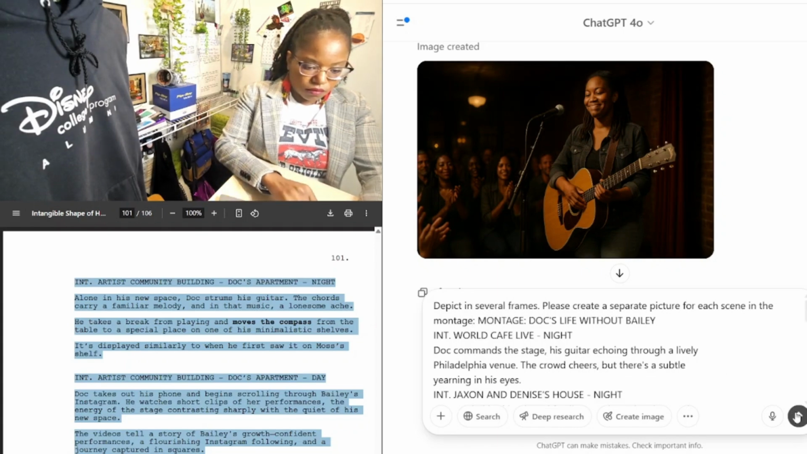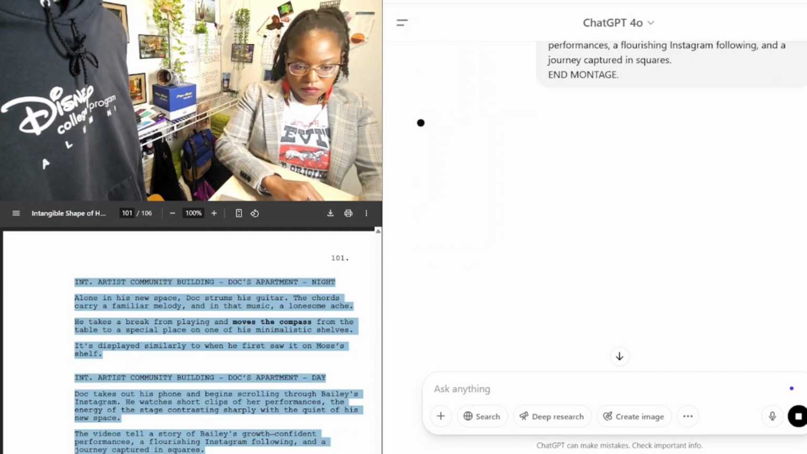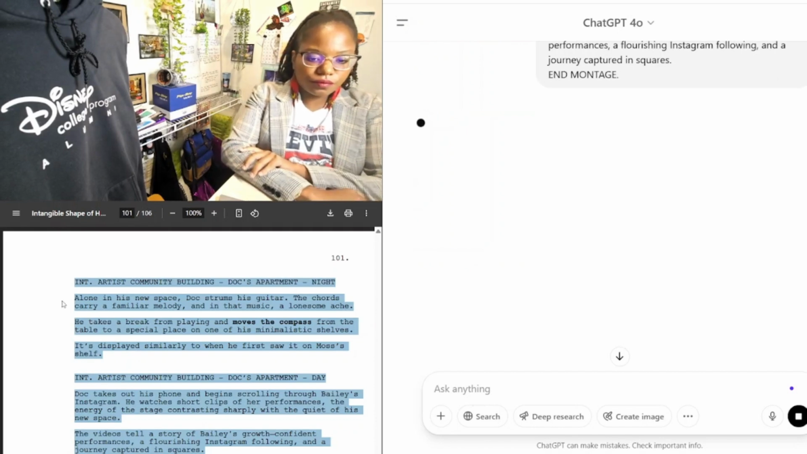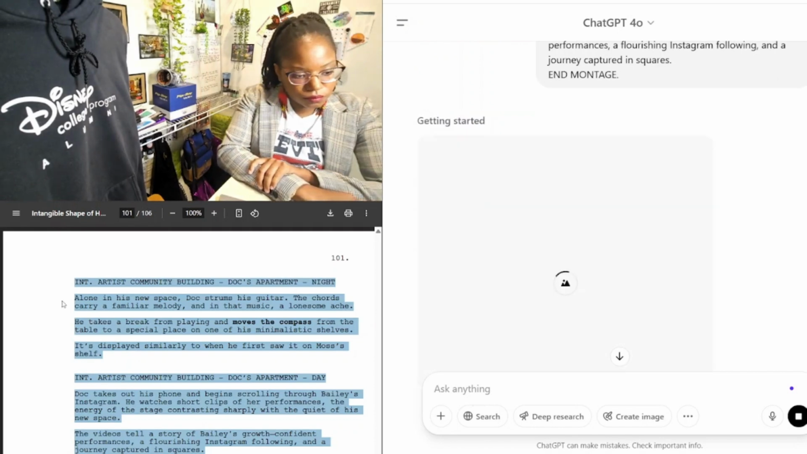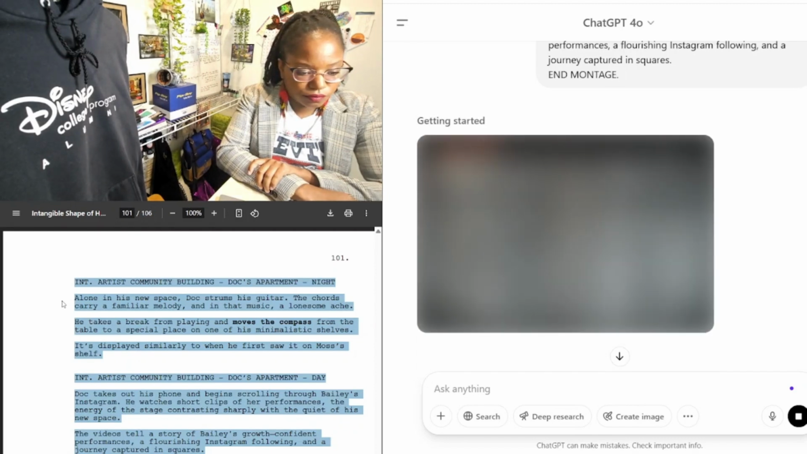I'm trying to speed up the process here by adding a command in my prompt to create several frames at once. Again, with this prompt that I have used in another conversation, it was able to produce several pictures at once. However, in this new conversation, it gave me like one picture